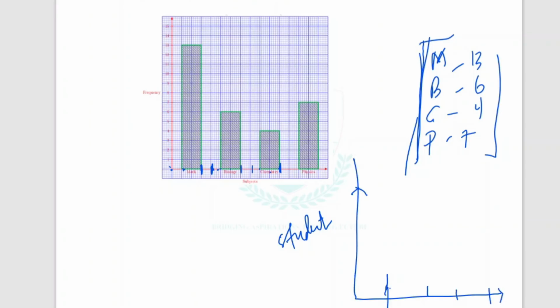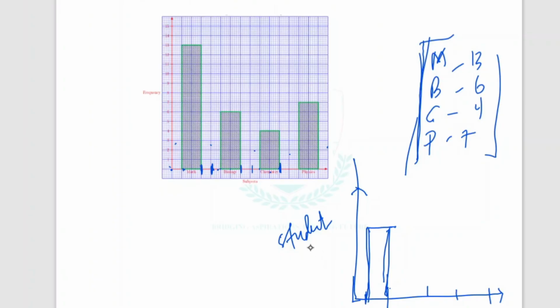Usually when you are talking about the bar graph or bar charts, they are not combined on each other. You can see that here there is a space, here there is a space, here there is a space, and also at the end there is a space. So in this case, if I draw my bar like this, and this represents, let's say, here on the vertical scale,